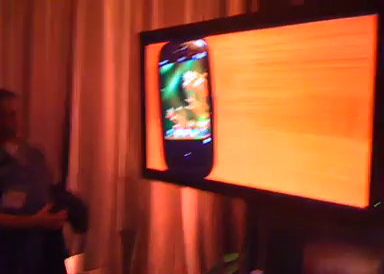Any questions about the gestures and hardware, stuff like that? Is there a theoretical limit to